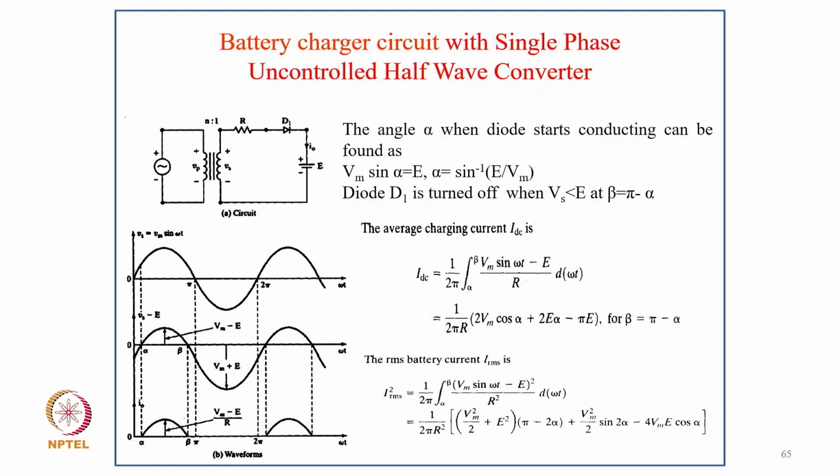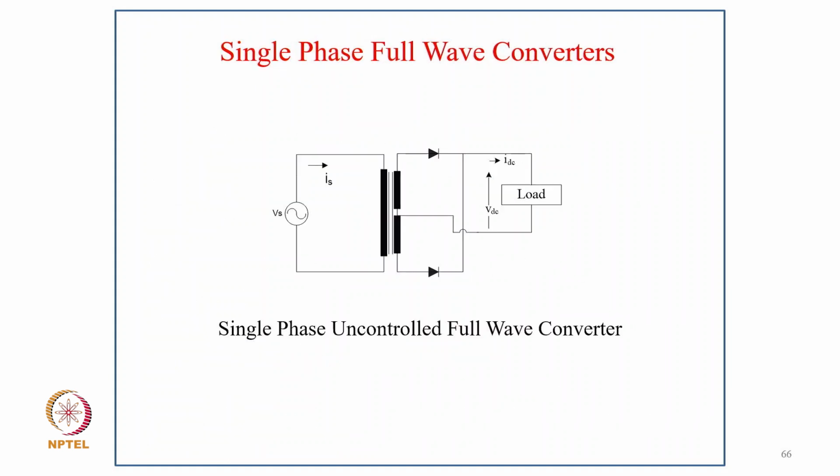And RMS battery current IRMS square is 1 upon 2 pi, integral from alpha to beta of ((Vm sin omega t minus E) divided by R) square d omega t, equal to 1 upon 2 pi R square in bracket (Vm square by 2 plus E square) into (pi minus 2 alpha) plus Vm square by 2 sin 2 alpha minus 4 Vm E cos alpha. So now coming to single phase full wave converter, as you can see in the circuit,